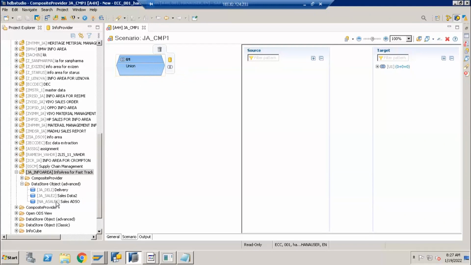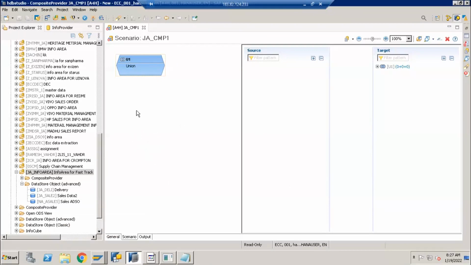To do union: we perform union mostly when we have two objects of the same structure. Remember this, when we have two objects with the same structure, then we perform union. What was the real-time scenario here? In a real-time scenario, you may have two providers, one provider storing one country's sales information, and another DSO storing sales information of a different country.